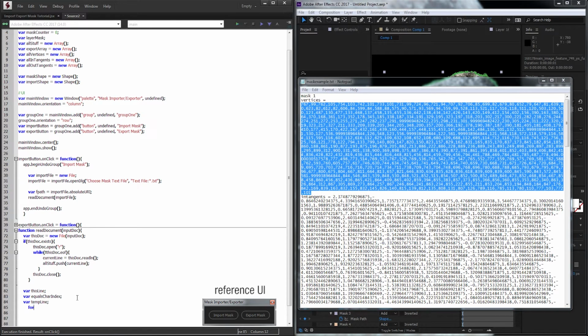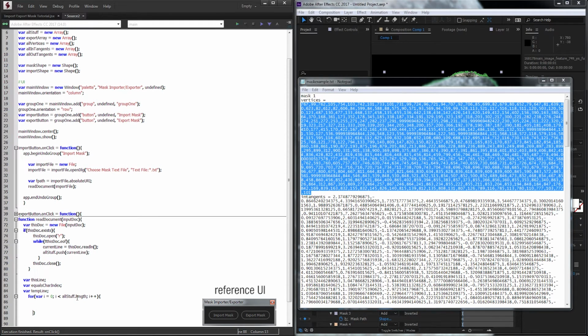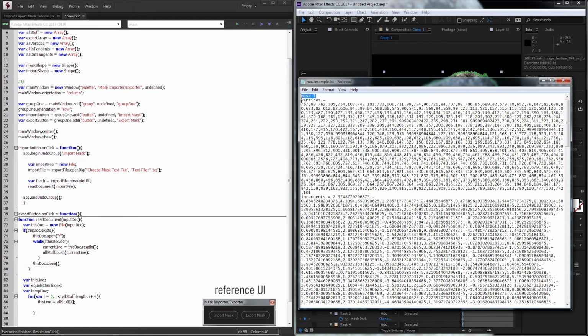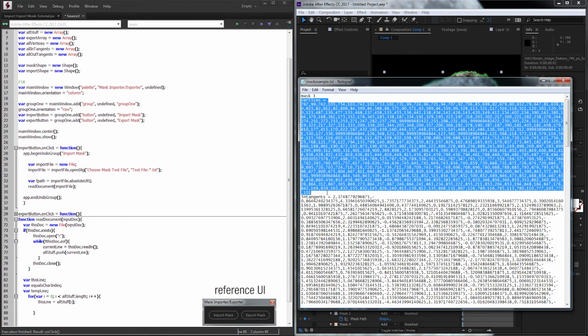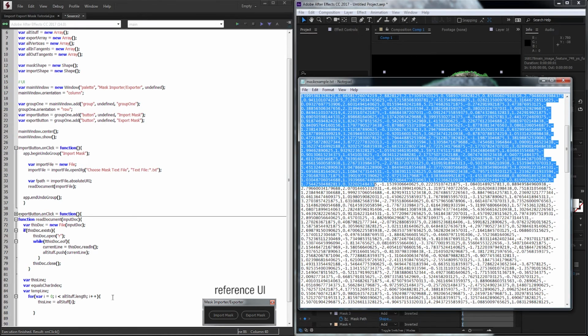So we'll go ahead and set up a for loop. We'll just set var i equal to 0, and while i is less than allStuff.length, we'll increment up by 1, and we'll go ahead and set up our brackets here. First thing we'll do is set thisLine, the variable we just created. We'll set that to allStuff[i]. So the index i, it's going to go through line by line. The first index is going to be mask 1. The second one is going to be vertices equals all these numbers. The third one is going to be our in tangents, and fourth being our out tangents. So it's going to go through